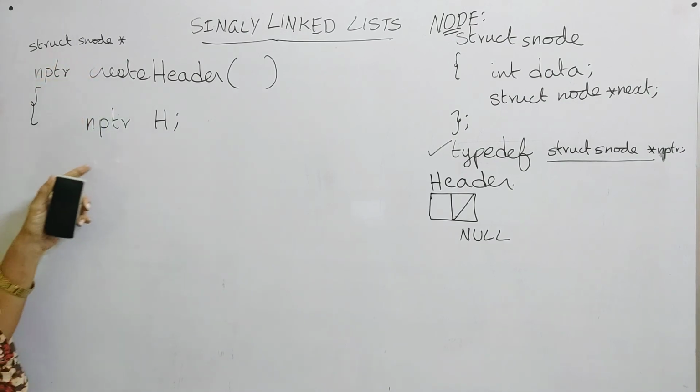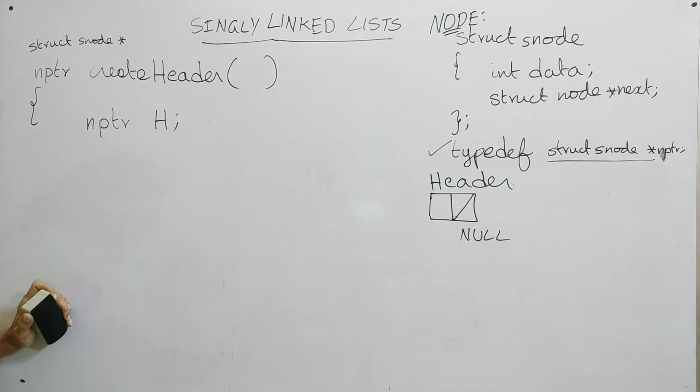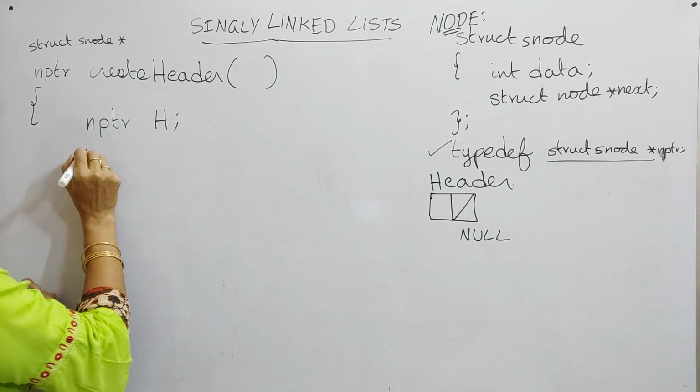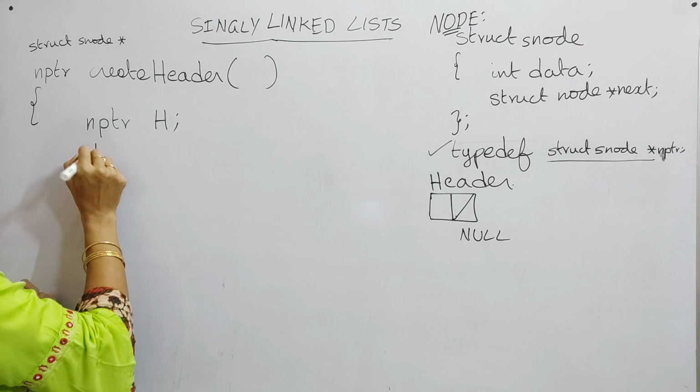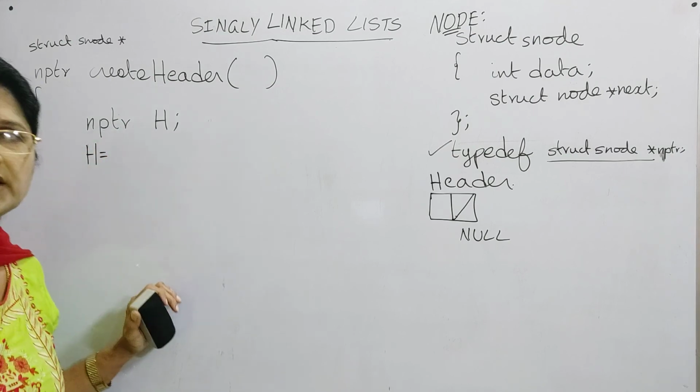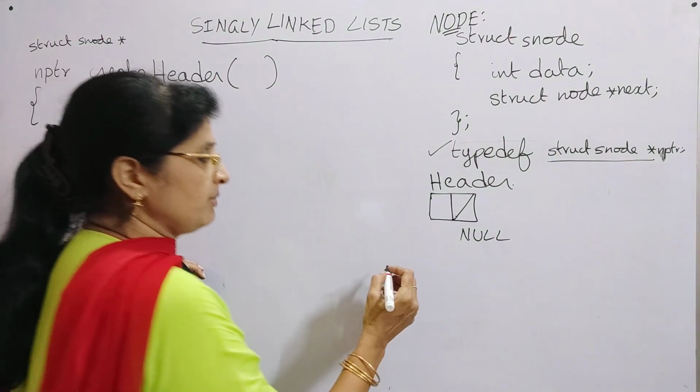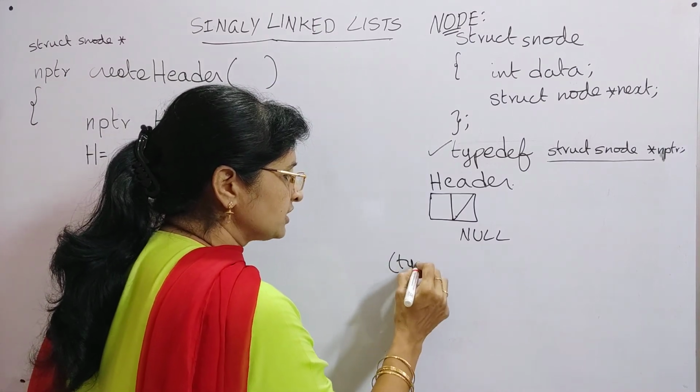Okay, so we have created a node, and now we have to allocate memory to H. Whenever we want to allocate memory to H, what is the syntax of the malloc function? The malloc function syntax is,